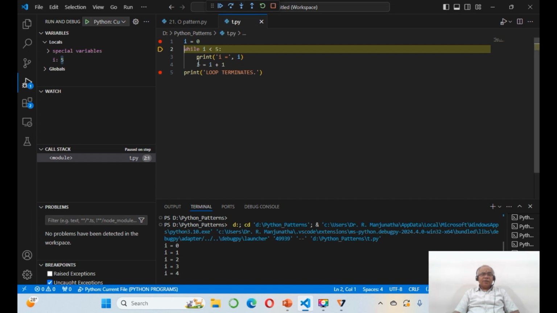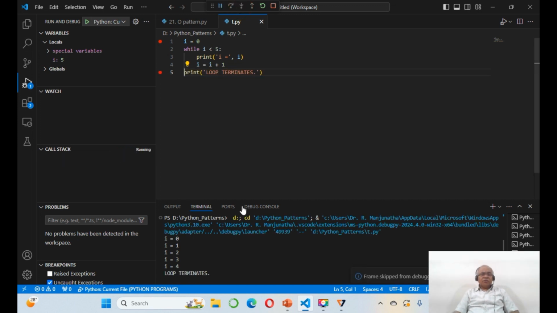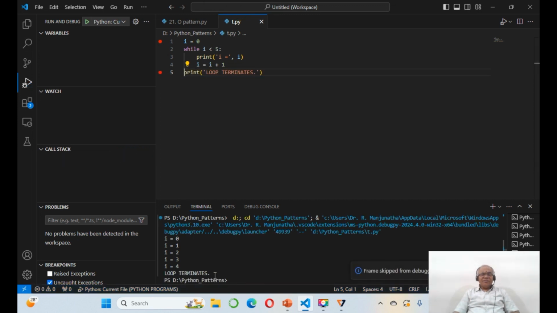So it will skip all these lines now. Immediately the cursor will jump to this now, you see. So it comes to this. Since you have given one more print function, which is loop terminates, it will give that value. So this is how you will be able to execute the while loop, how the repetition of the while loop works,